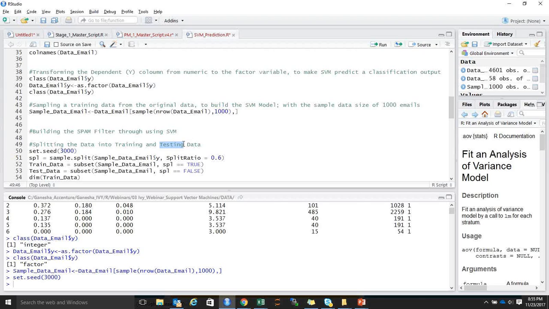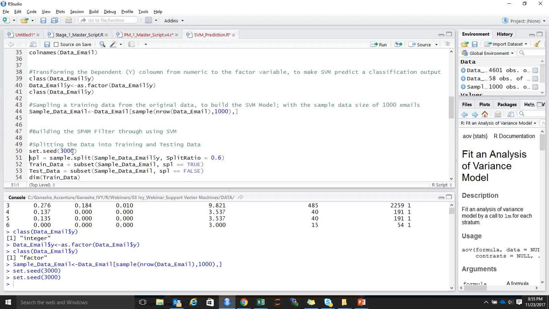So this particular line of code is useful in producing and reproducing your results. Since these techniques work on iterations, it's important to produce the same result every time. You cannot produce different results at different times, and since it's iteration, sometimes the results are different. So in order to make your results constant, or enable R to produce the same results, we do